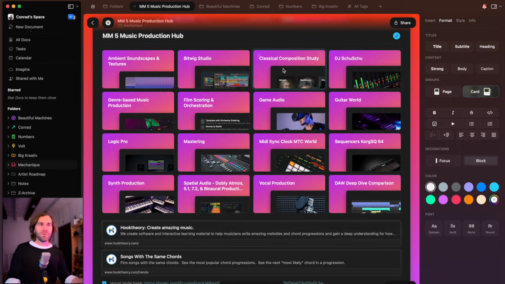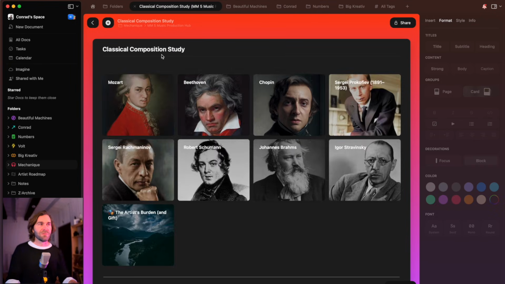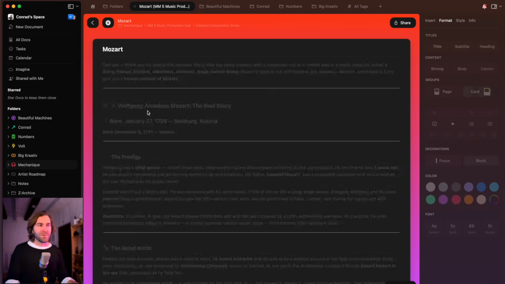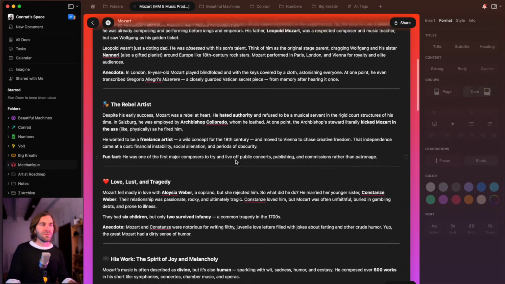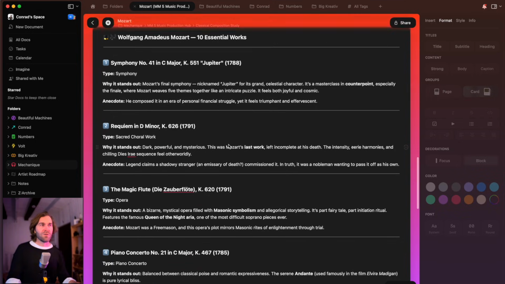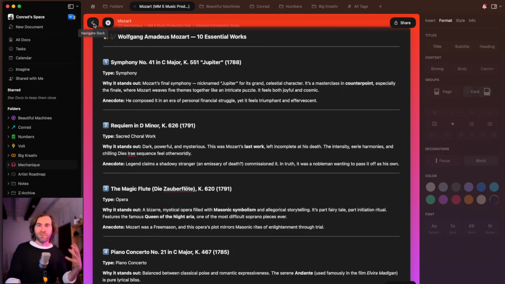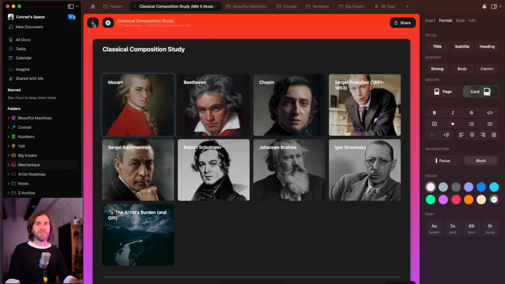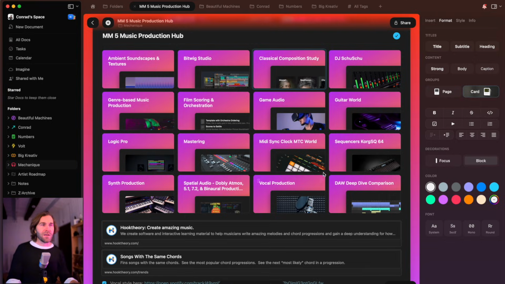So for example, I've created this one when I'm doing some classical composition study. In each one of these cards, which you can nicely decorate, which is great, you can open that up and you can go more into what this is about. And you can find the kind of pieces that you want to work on or learn about, or just have some reference. So this is like a library, basically.